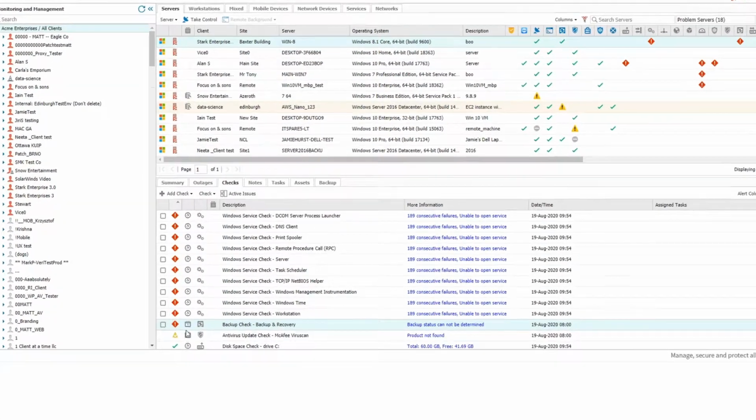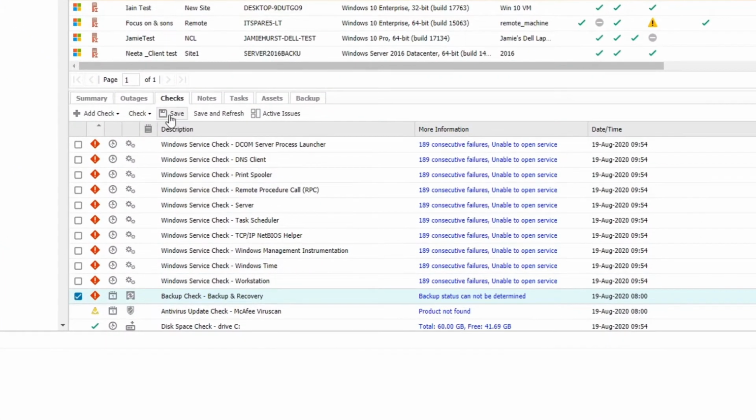Let me start with the updates we've put out in RMM to improve active issues. So we've made it a lot easier for you to now go to the new active issues workflow, where you can see all the failing checks across devices, by adding a link to the checks tab on the south pane. So when you now select a failing check, you'll see there's a link to active issues, and this will take you over to the new workflow and show you all the failing checks of that particular type across devices and